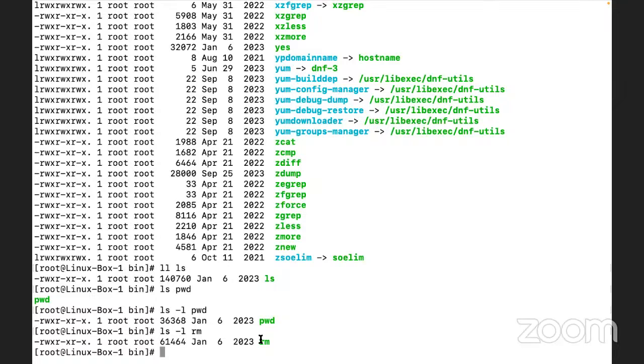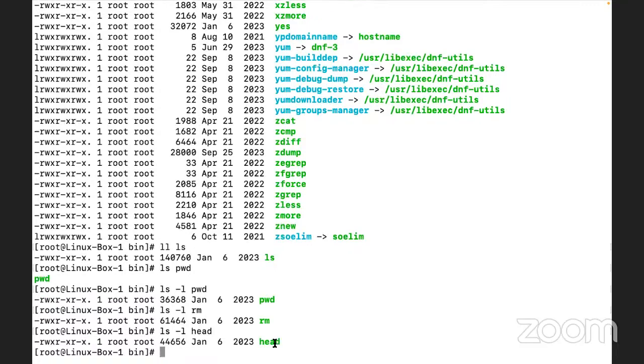And one more command, we executed a command known as head. Remember that? That command is also available here. So /bin is a particular location where all the executable files, these commands, can be executed by a normal user or by a super admin as well.